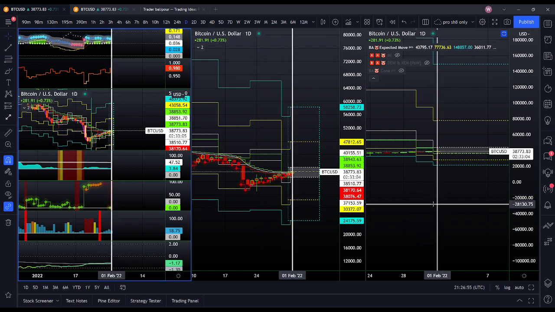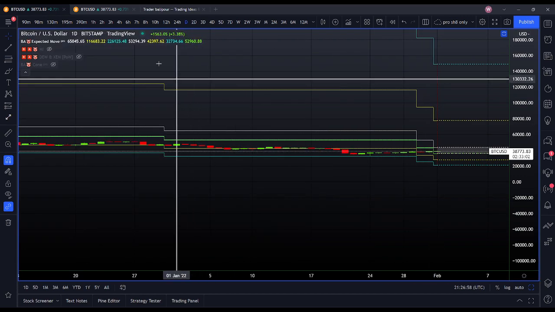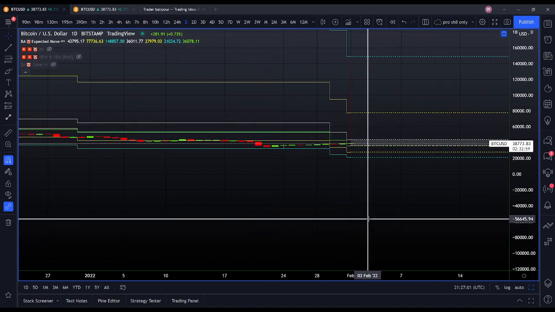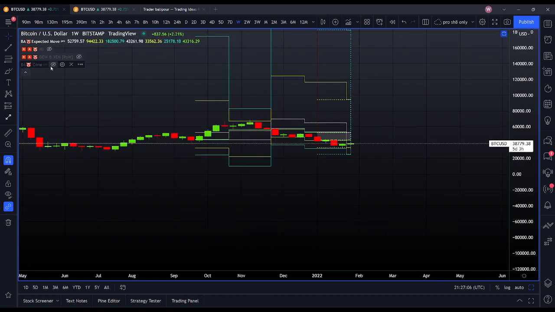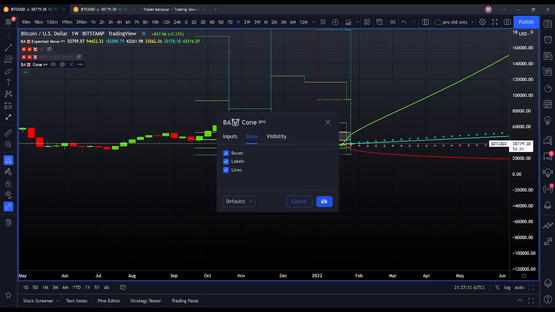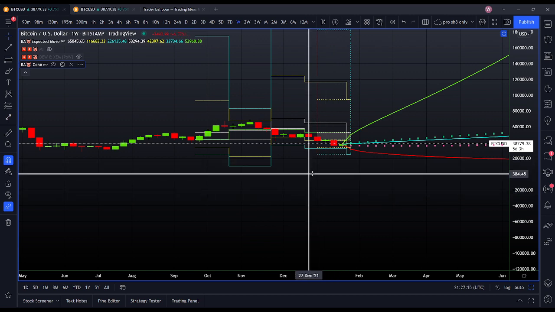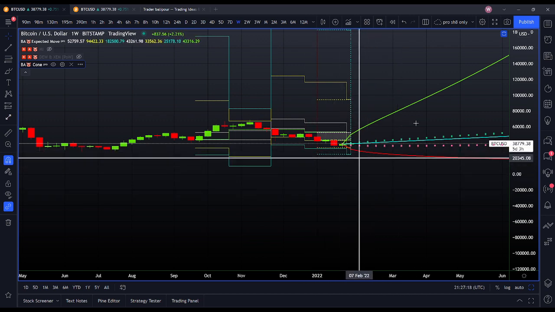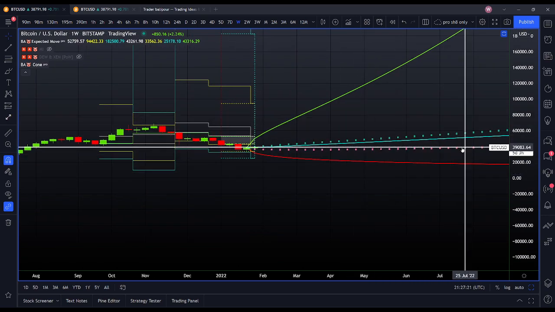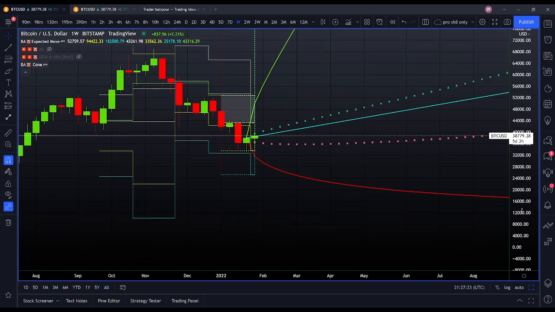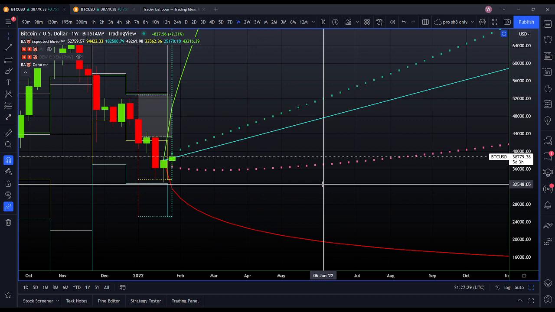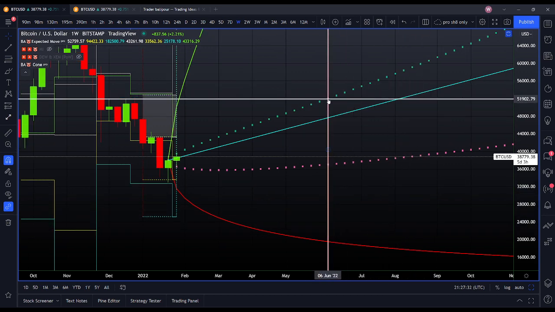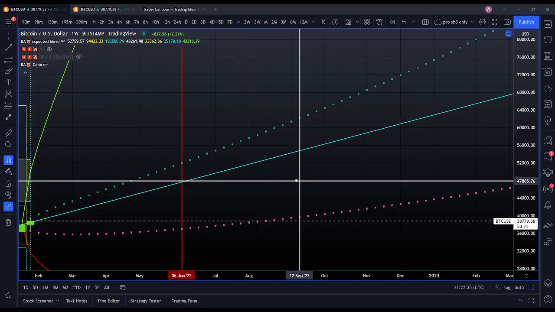But anyway, so then when somebody says, oh yeah, Bitcoin is going to 100K by, let's put this onto a weekly, let's say by June of 2022. Well, we can turn this on, and this is the probability cone. So now this is taking our expected move and projecting it out into the future, and being able to look at that and say, okay, if somebody's telling me that Bitcoin's going to be 100,000 by June of 2022, well,